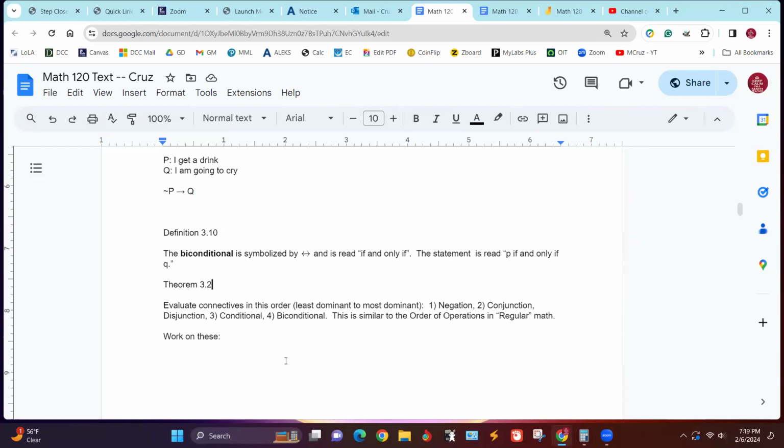And the way the dominant connectives work, if you don't have parentheses, essentially the strongest one is the biconditional. So a biconditional connective is going to overrule the conditional, the disjunction, conjunction, and negation. Meaning, y'all go do your stuff first, I go last, because I'm a biconditional statement. Same thing here. Then this one is next, and so forth.